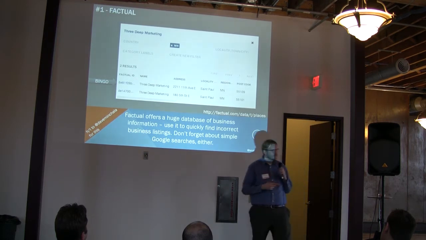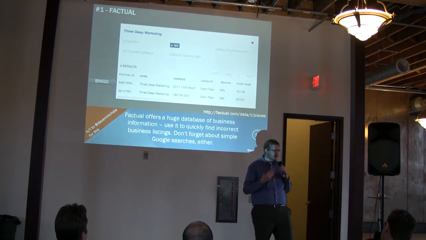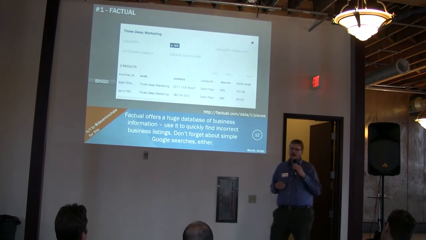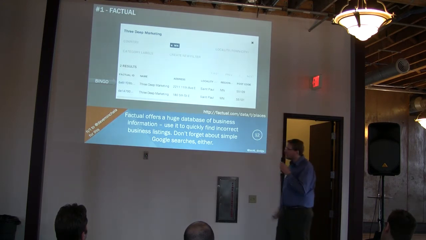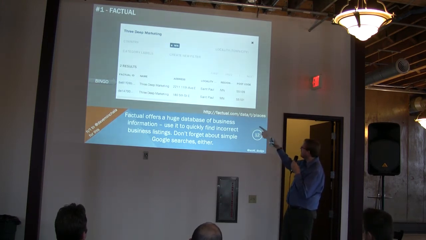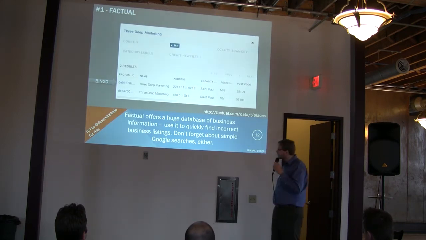But the thing I really like about it is that a lot of those free tools, like the Yext or the Get Listed one, fall flat when you have really inconsistent phone numbers or business names or addresses, because they rely on those things. But when we use a tool like Factual, all we need to do is put in a business name and a state, and then it gives us all this information. So here, we're able to see that Factual somewhere has found a 3D Marketing listing out there at our old address. So, okay, this is a problem.